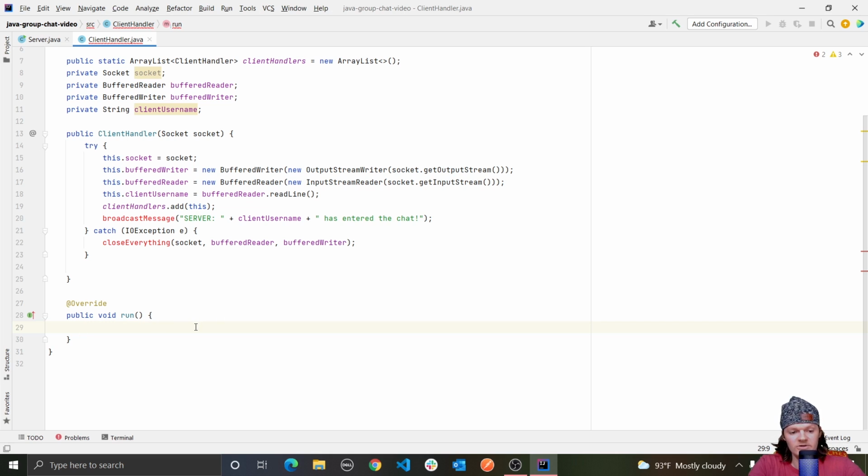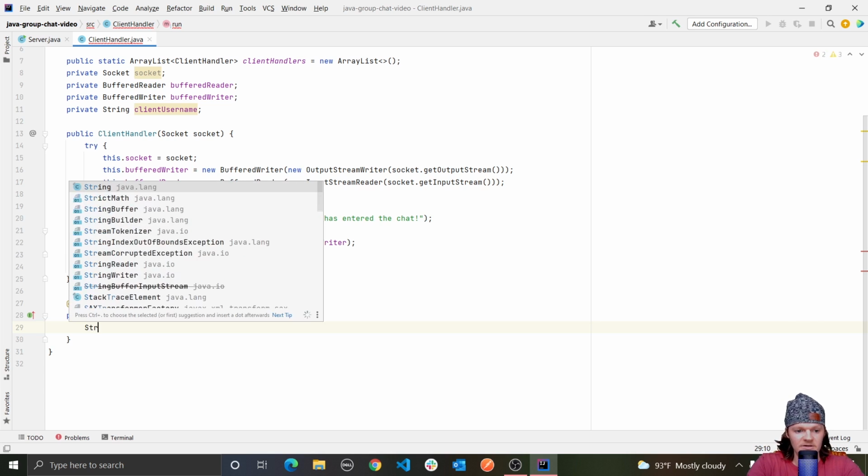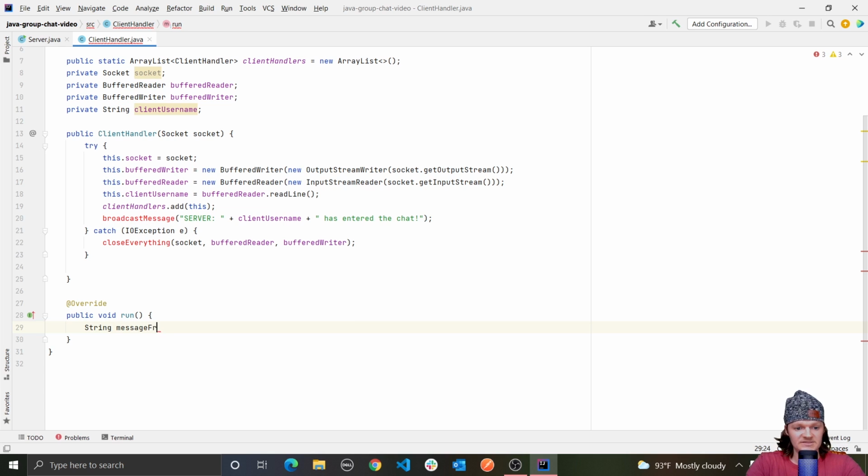Otherwise, our program would basically be sitting here just waiting for messages to come in. What we want is to also be able to send messages. We don't want to just have to wait for someone to send a message before we can actually send one. So let's first have a string variable that will be used to hold the message received from a client. I'm just going to call it string message